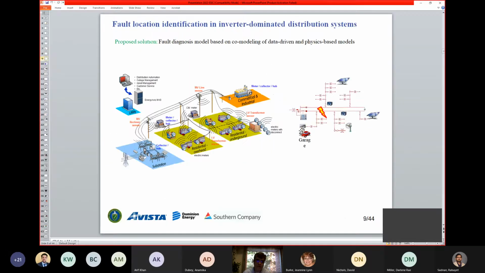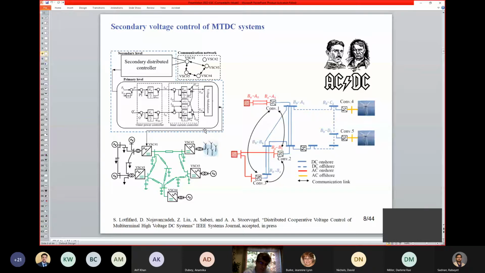The same concept we have applied to the multi-terminal HVDC system as well. This is mainly for transmission lines. Of course the controllers are different and the models are different, but the concept is very similar. If you have an HVDC system that works as a multi-terminal HVDC system, and you have distributed droop control,